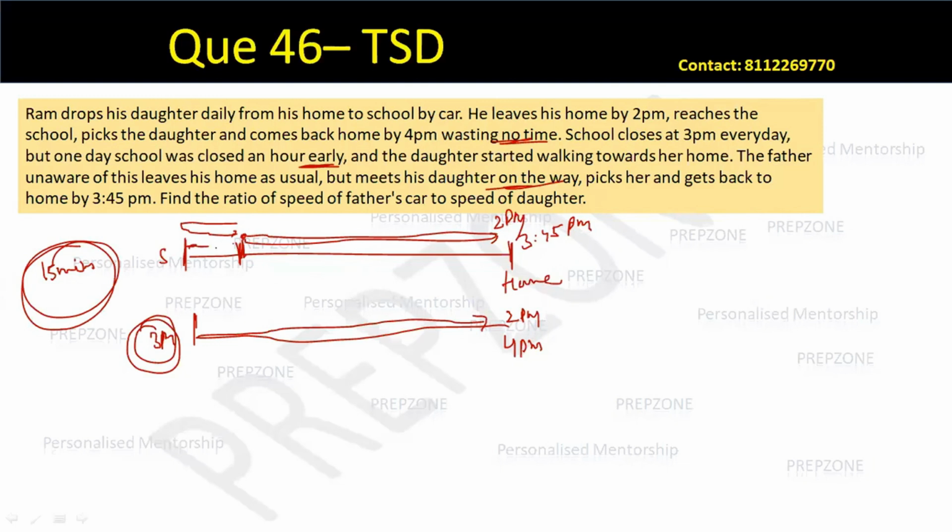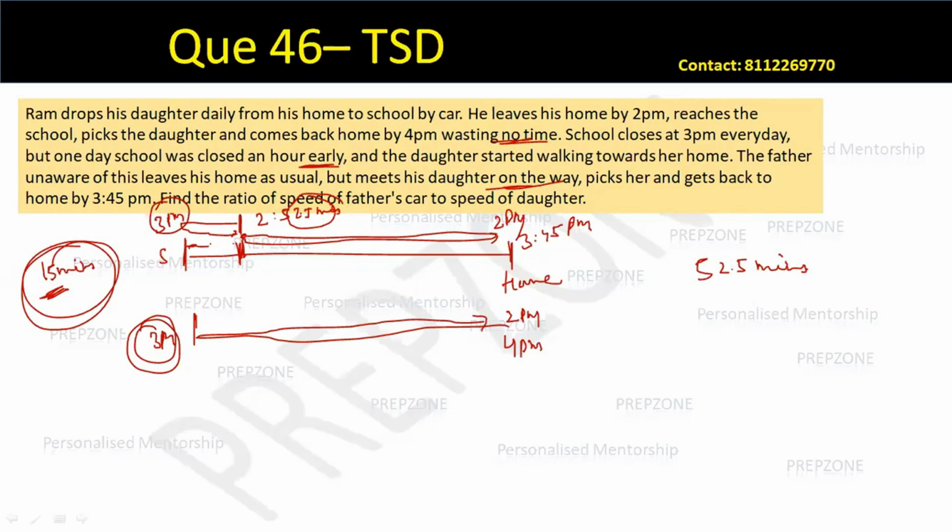Which means for one movement, if I only tell the time of going from here, he has actually saved 7.5 minutes. Which means if he started at 2 p.m., usually he would reach here at 3, but he has saved 7.5 minutes. Which means father would have traveled till what time? 2 hours 52.5 minutes. Right? Which means father would have traveled for 60 minus 7.5, 52.5 minutes is what father would have traveled. And